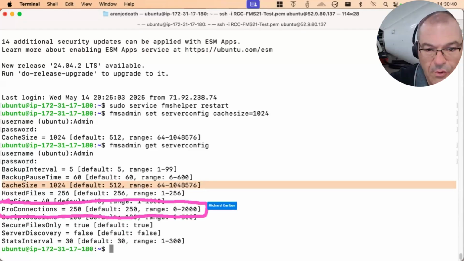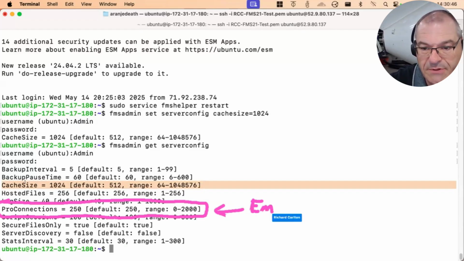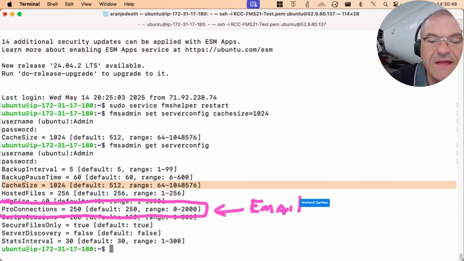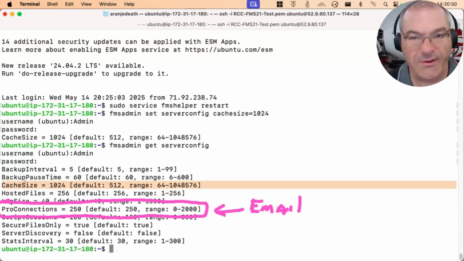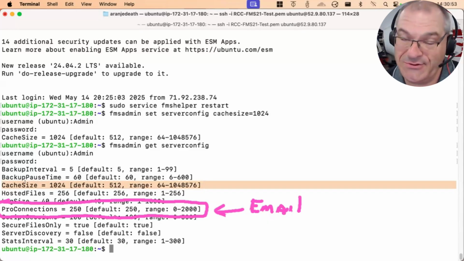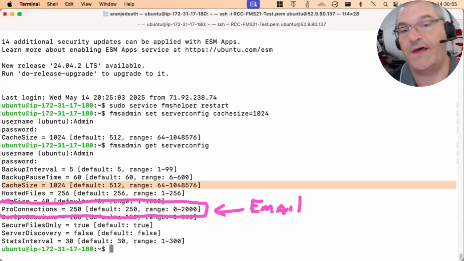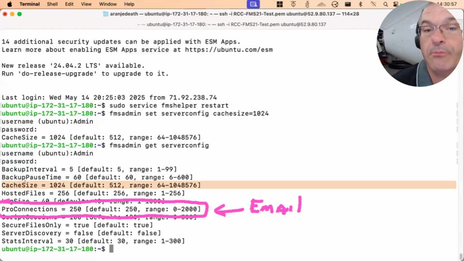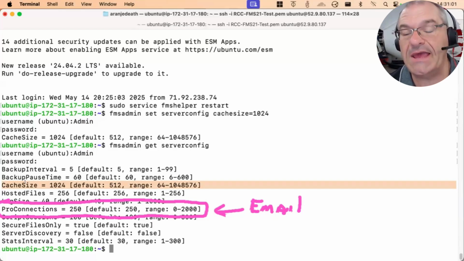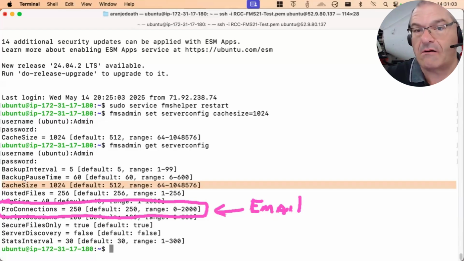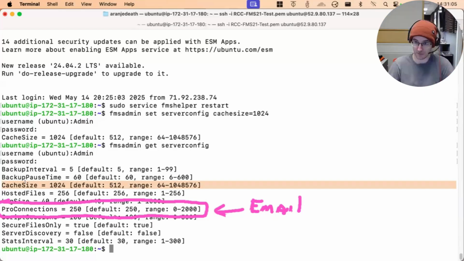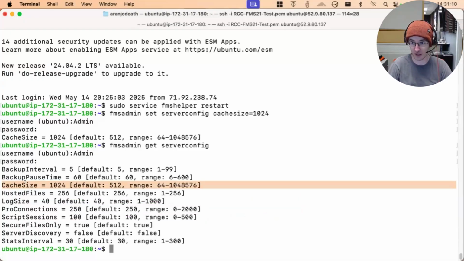I will simply point out that if you play with this and you turn it up to 2000, feel free to shoot me an email to let me know if it explodes. Anyone could set it to 2000. If you actually connect 1995 Pro users, take some screenshots. I want to see that, because I'd say it's even money. Yeah, they certified it for 2000, but we haven't seen it. We'd love to see it.